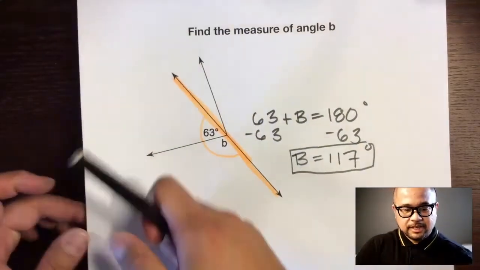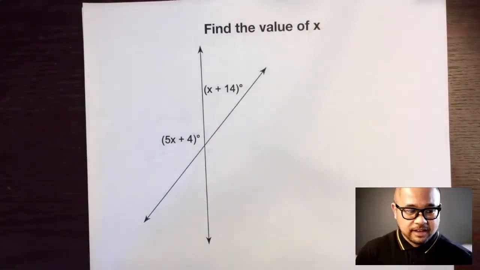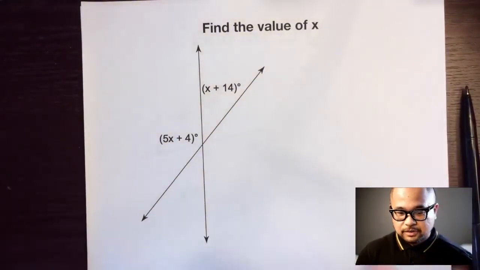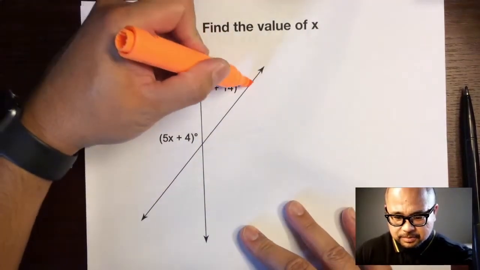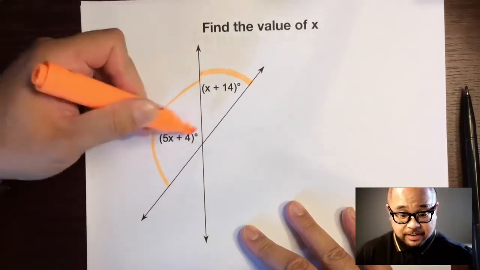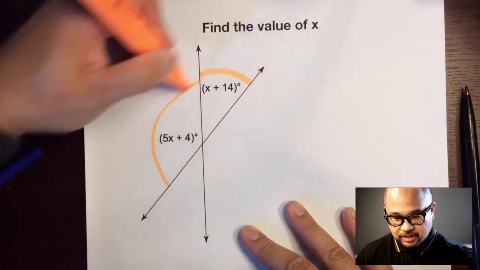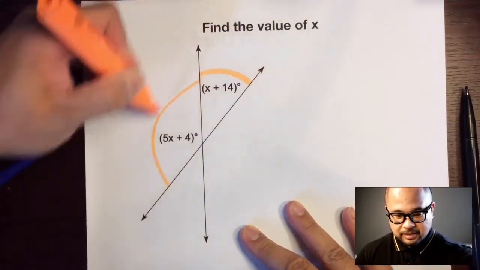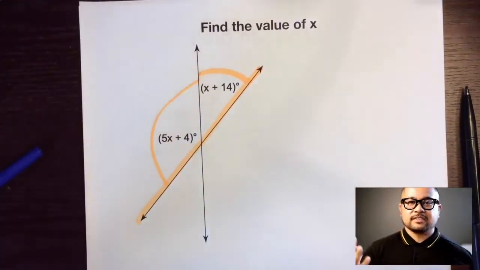All right, example number 2. Find the value of x. Again, train your eye to only look at what you need. So here's x plus 14. Here's another angle, 5x plus 4. There's that x right there. But if we do a little shortcut, instead of going here and making those two arcs, we'll just go in a straight line. Straight lines, 180 degrees,